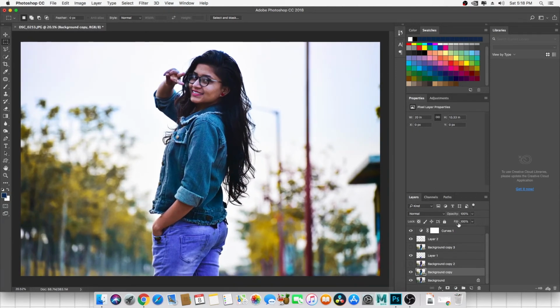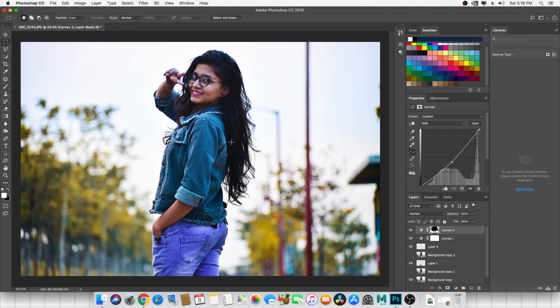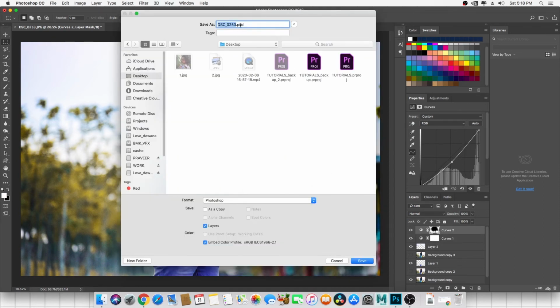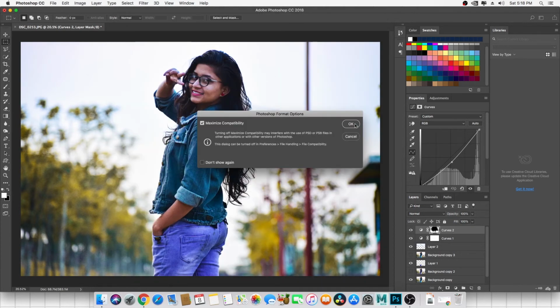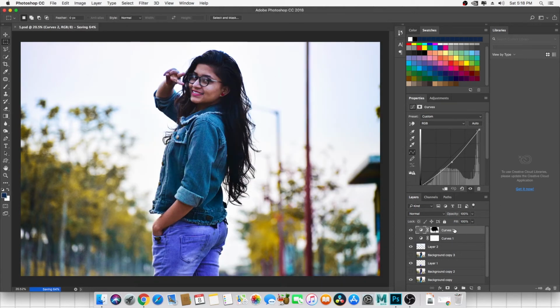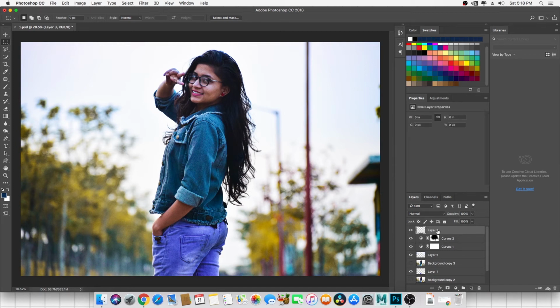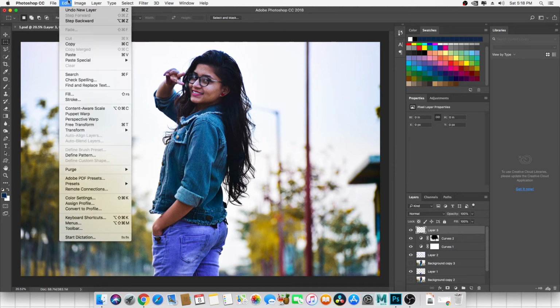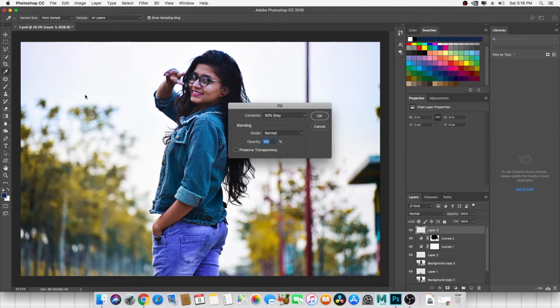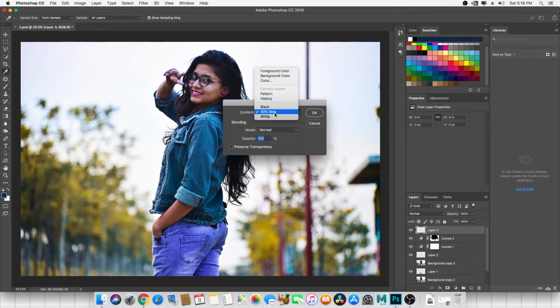Fine. So the last effect, the last second effect which I always give in every photo editing tool, is dodging, or I can say brightening up the highlights of the image, so our character gets more prominency. So I'm going to take a new layer and go to edit and go to fill, click on fill and select here 50% gray.